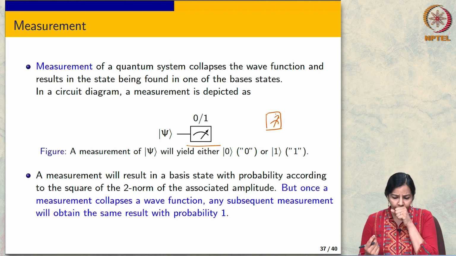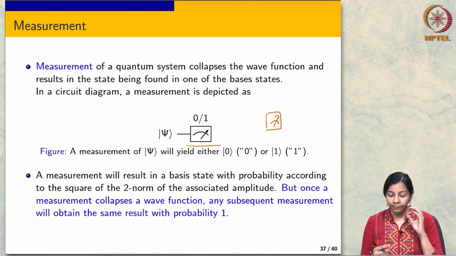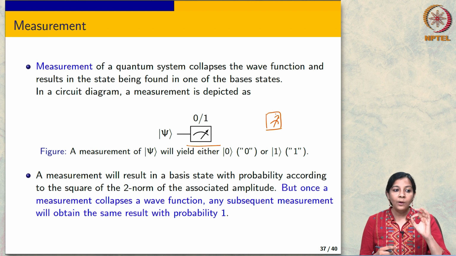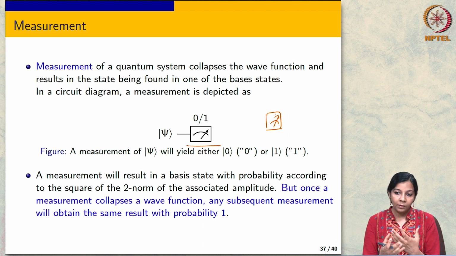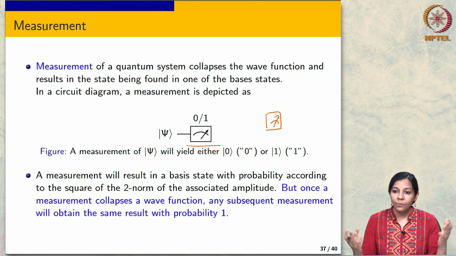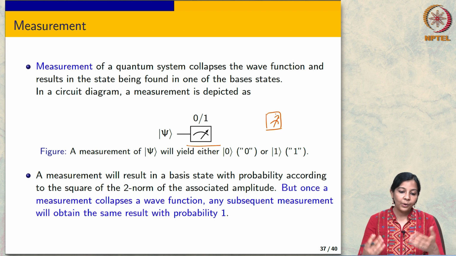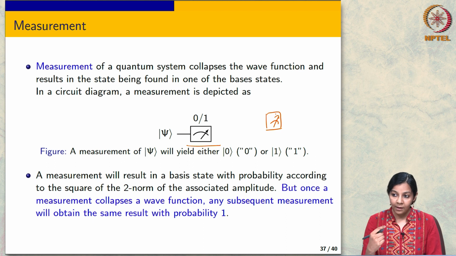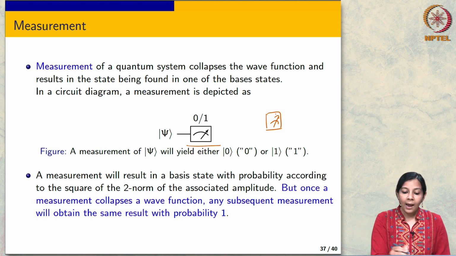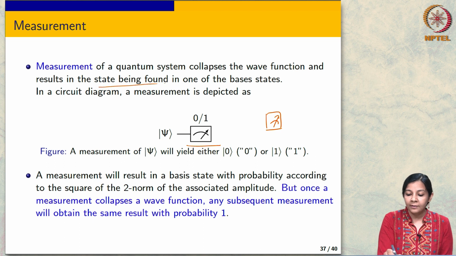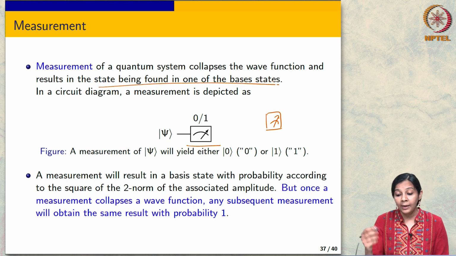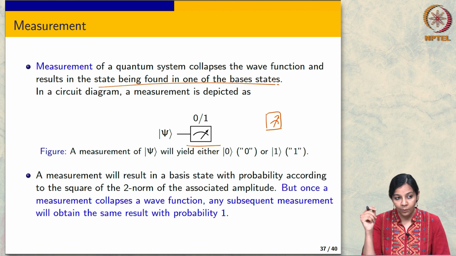As I already also said, but something that is really worth repeating, is that it is the only way in which you can access the output of any computation that you did. Okay, so in the quantum state, maybe you did some sort of exponential number of computations, but a measurement is the only way that you can access it. And when you measure, you're going to find the state in one of the basis states, and the probability that you find it in one of the basis states is the mod amplitude squared, right?